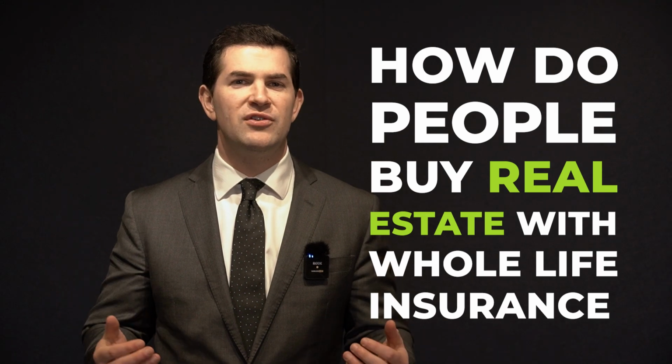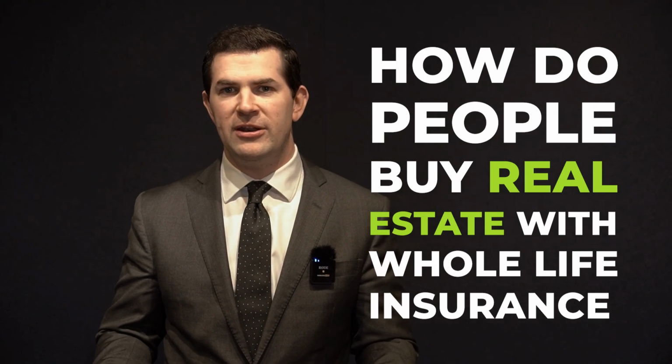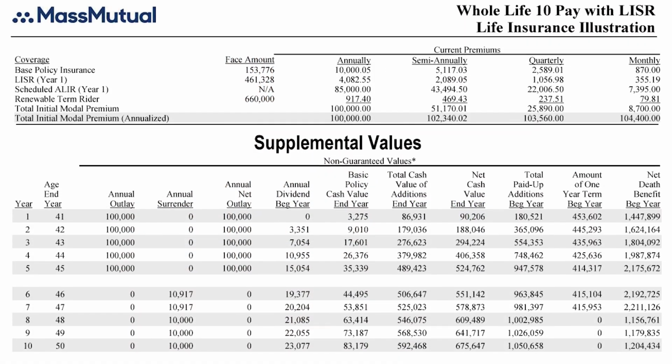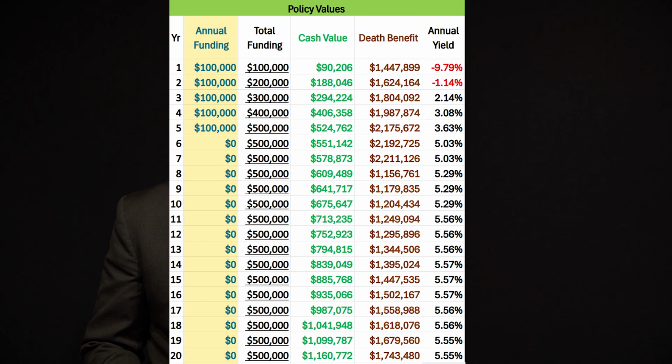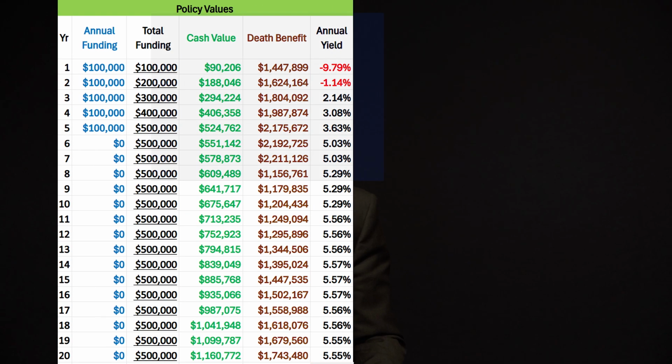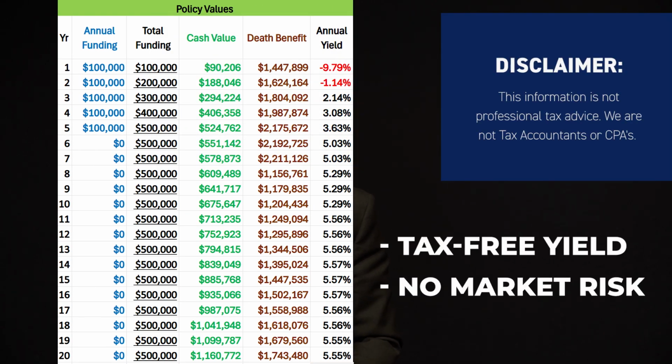How do people buy real estate with whole life insurance? Let's look at an example. Here we have a real estate investor with a whole life insurance policy. First, we see what he pays, then his cash value, and then his life insurance benefit. To the right, we see his annual yield, which is the annual rate of return he's earning on his cash value. Now, this is a tax-free yield, and there's also no market risk because the money's not invested in the